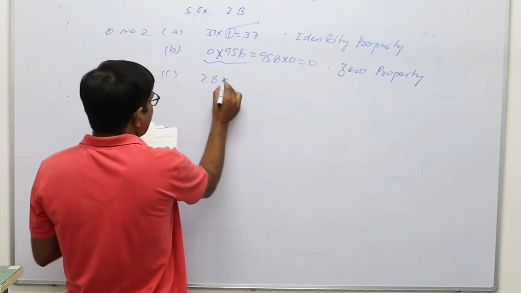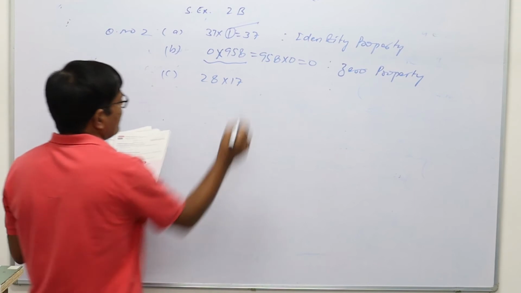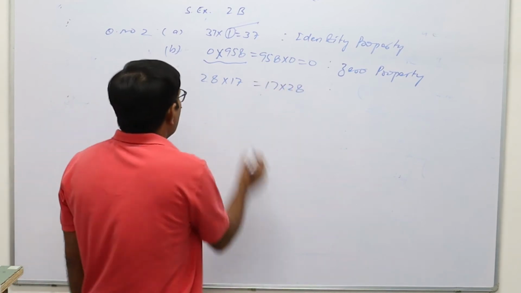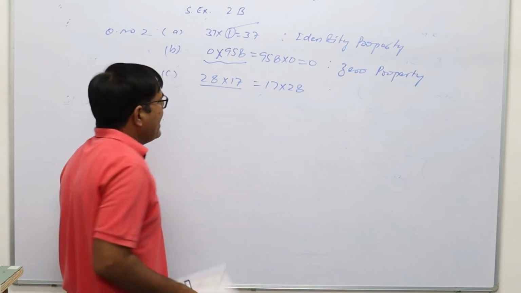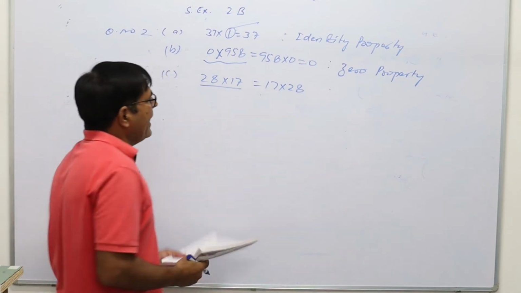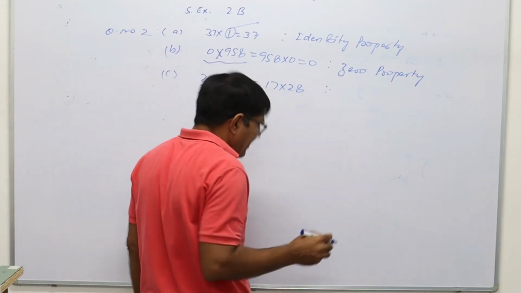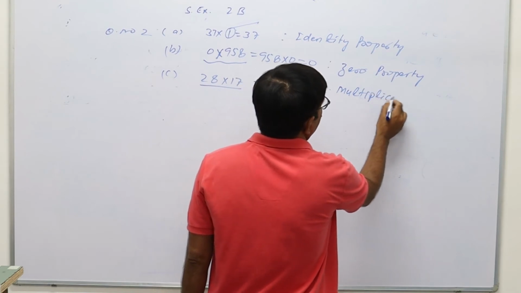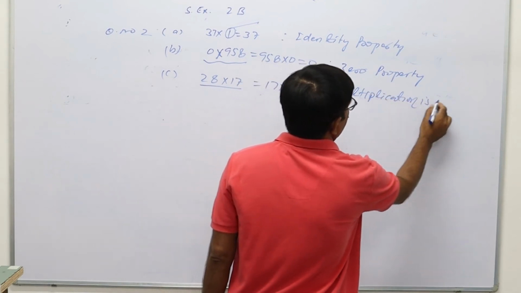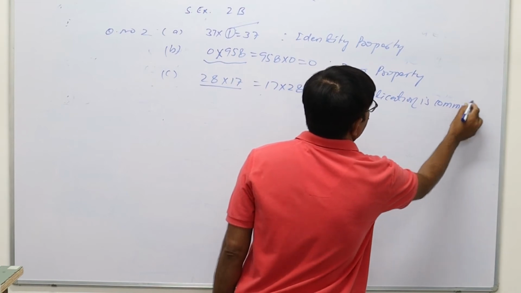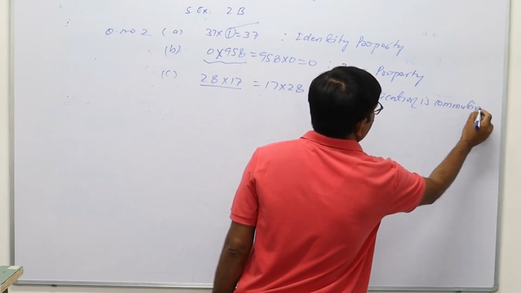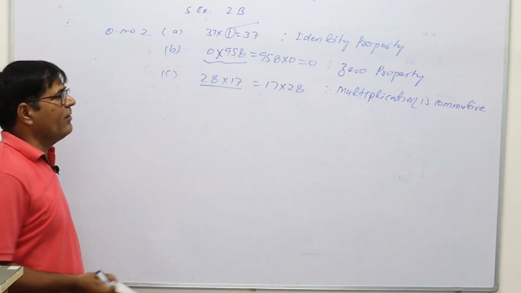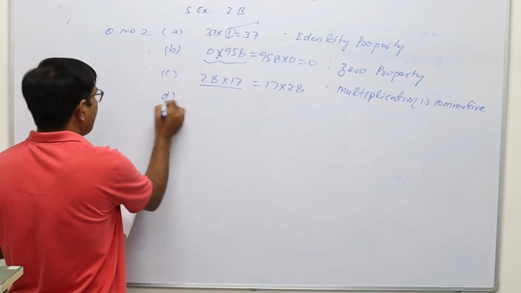28 multiplied by 17 is equal to 17 multiplied by 28. So if in the multiplication of two numbers, A into B is equal to B into A, then such a property is known as multiplication is commutative. This is the commutativity property. So multiplication is commutative, or we can say commutativity property. Then D,